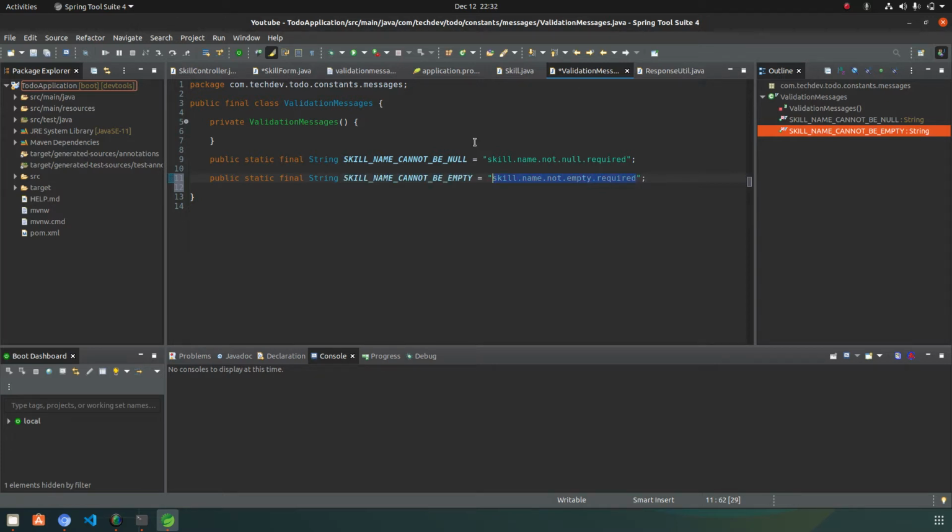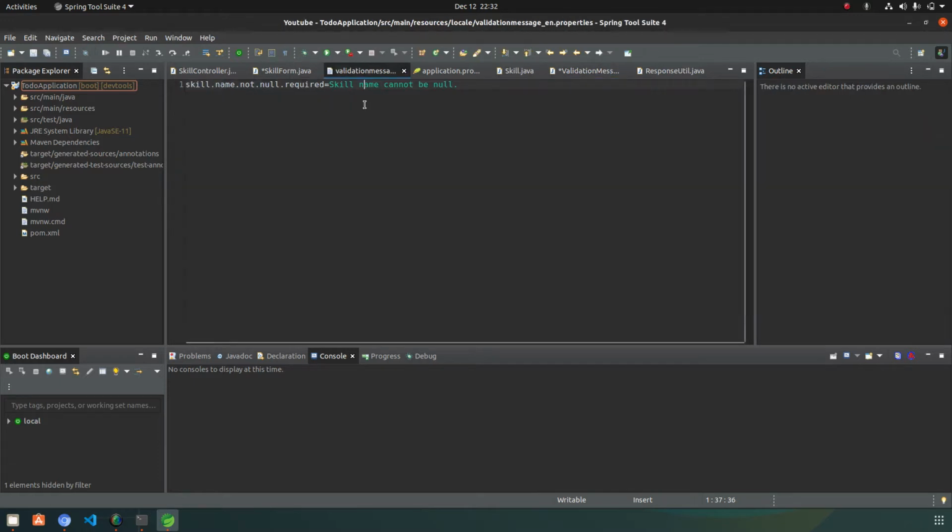Now let's take this key and paste it in the validation message underscore en dot properties, and write: skill name cannot be empty.